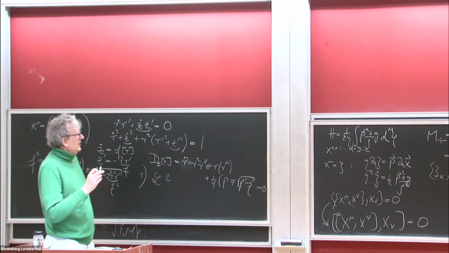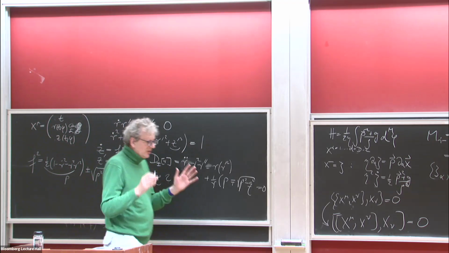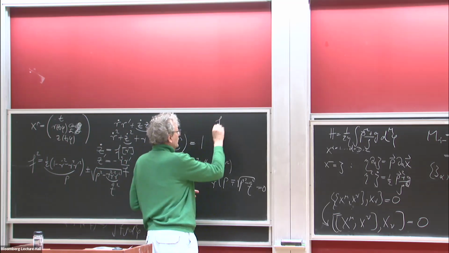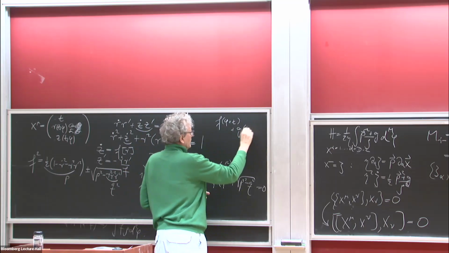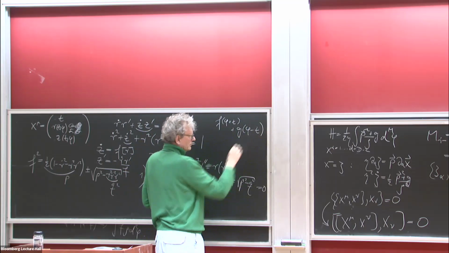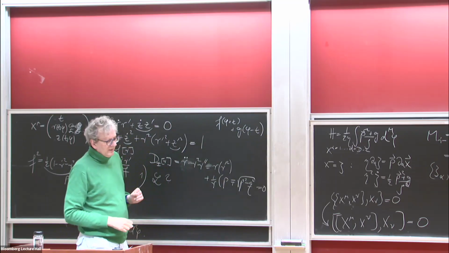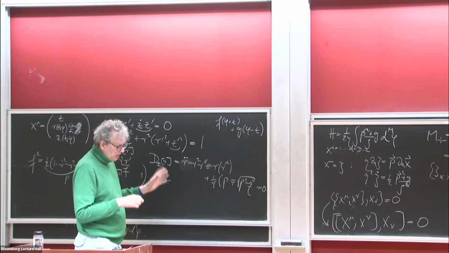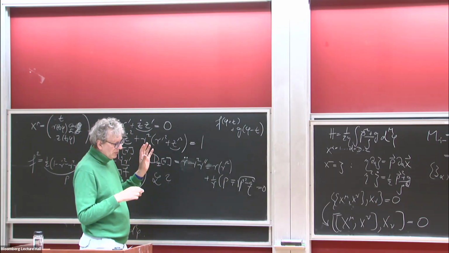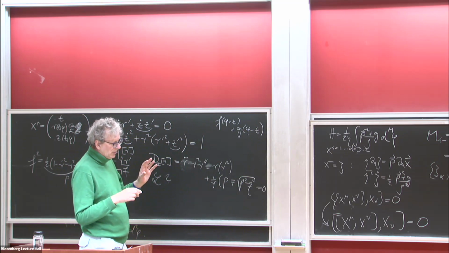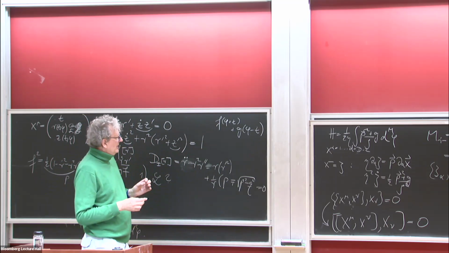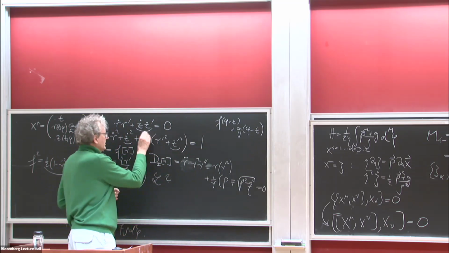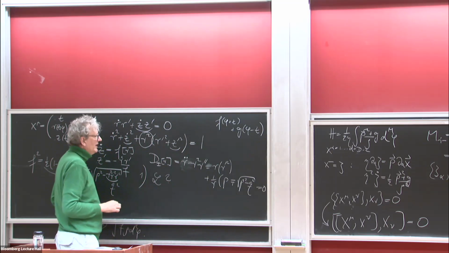So the free wave equation has solutions f of phi minus t and f of phi plus t. Now that's the Lorentzian analog of Cauchy holomorphicity or the Cauchy-Riemann equations. Because of this R squared, we get,